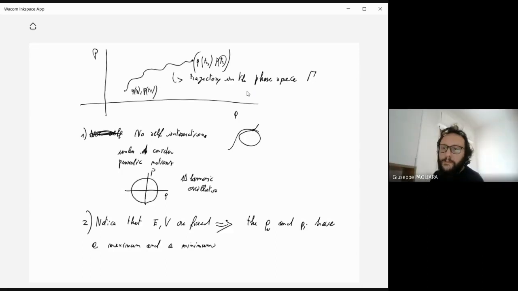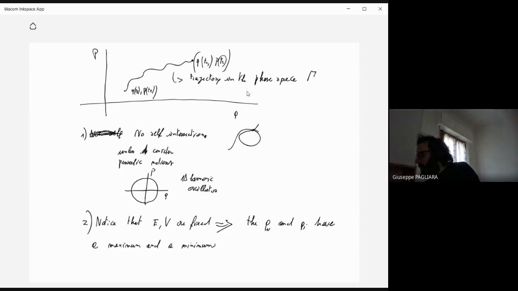The maximum is the one which is, of course, not very reasonable, in which all the energy is carried by just one particle. But okay, of course, this has to be considered, but the real maximum will be much smaller. And similarly for the position, since I have a fixed volume, I have constraints over the possible values of the position of the particle. Okay. Well, actually,